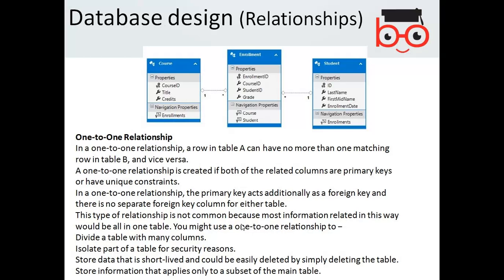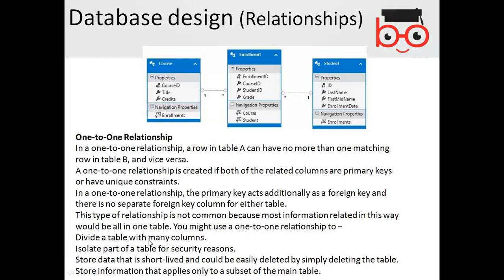So the point is, one-to-one relationship could be possible, but it is not useful always. Otherwise, it is possible, but that will remain in the one table. But sometimes you need this one-to-one relationship for some purposes.